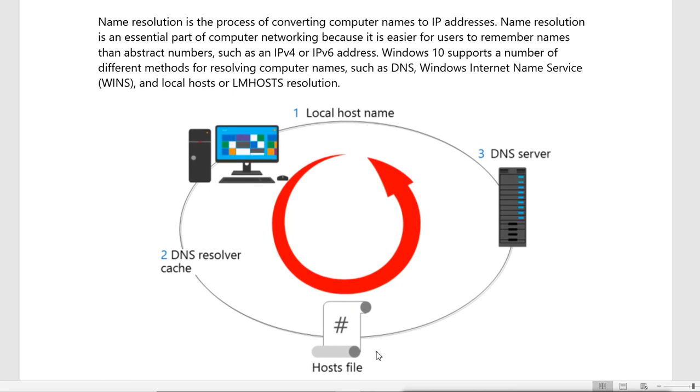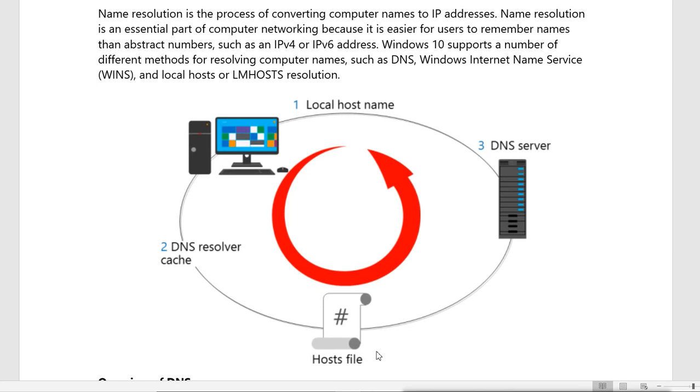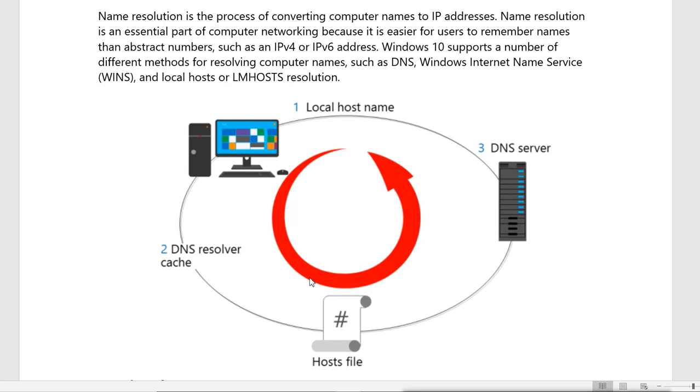So Windows 10 supports these different methods to resolve the name. We have the local host name, then we also have DNS, we have the host file, and we have WINS also.